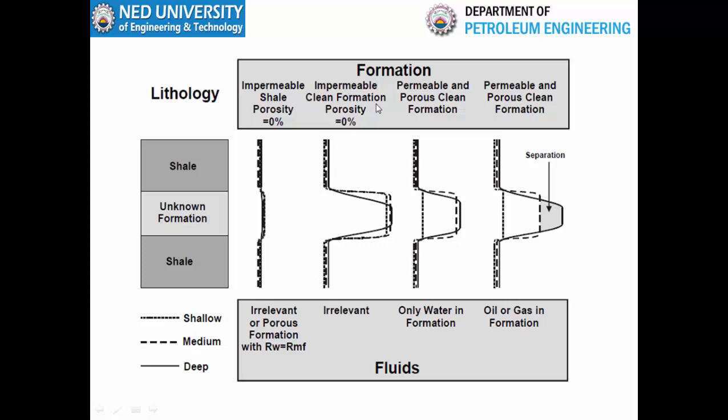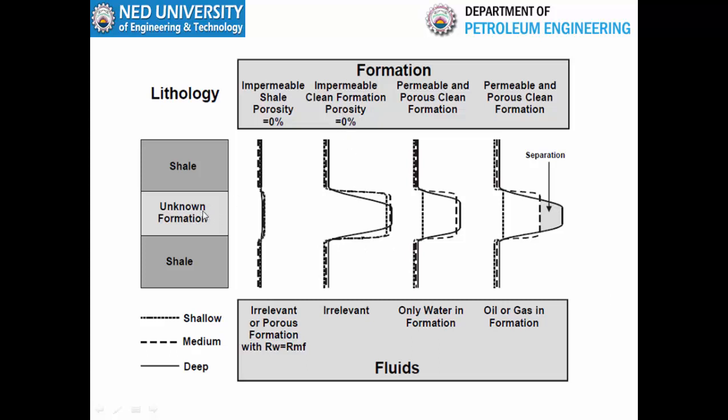And since it is impermeable, you do not have any mud invasion inside the formation. So when you do not have any mud invasion, you do not have a resistivity profile. The flush zone, the medium zone, and the deep zone resistivity will all be equal, at some higher value. That is why the three curves give you equal resistivity at some higher value, because the porosity of the formation is 0%.